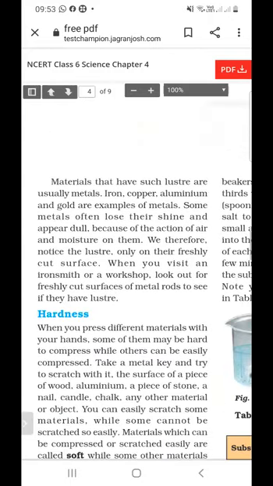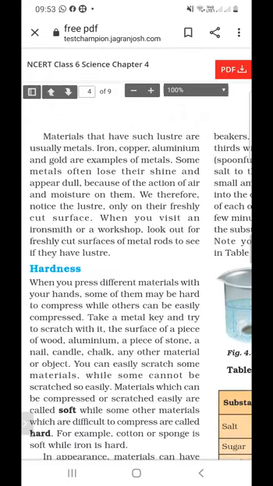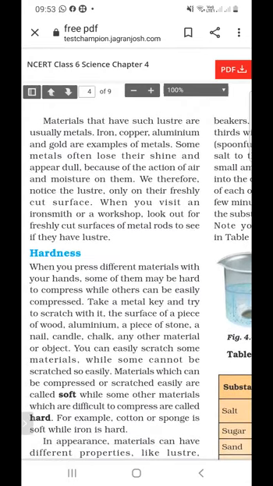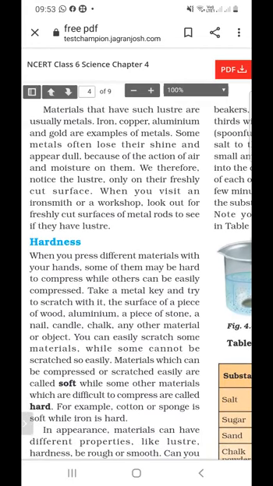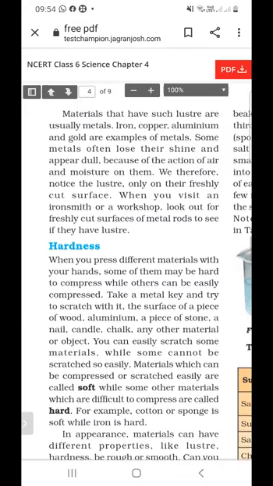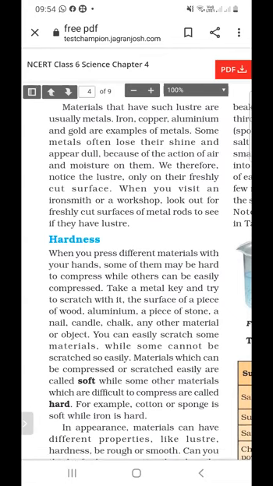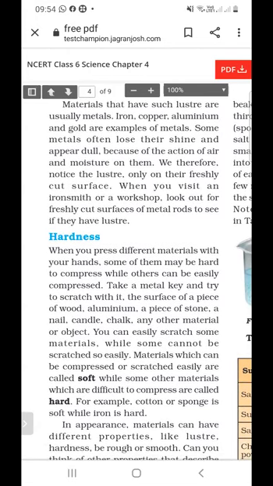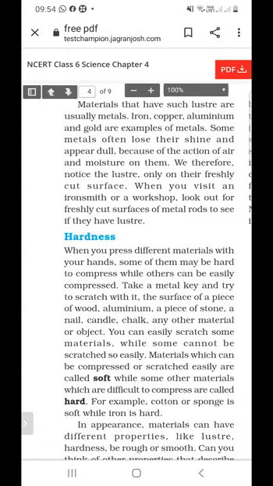What are the lustrous materials? Iron, copper, aluminium, and gold. These are all examples of lustrous material. These are all metals. All metals shine, so they are lustrous material. Some metals often lose their shine and appear dull because of the action of air and moisture on them. Mostly metals have a shining surface, but